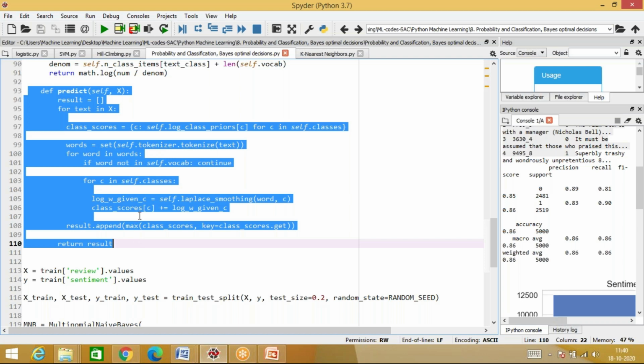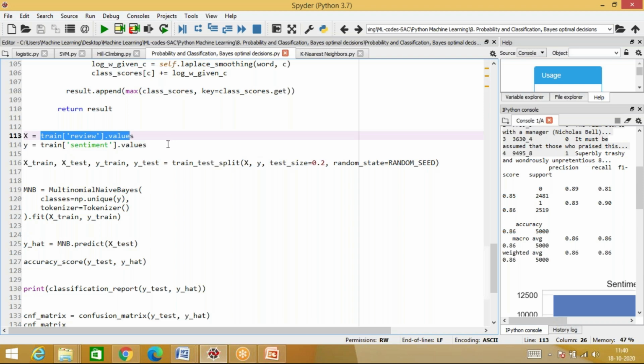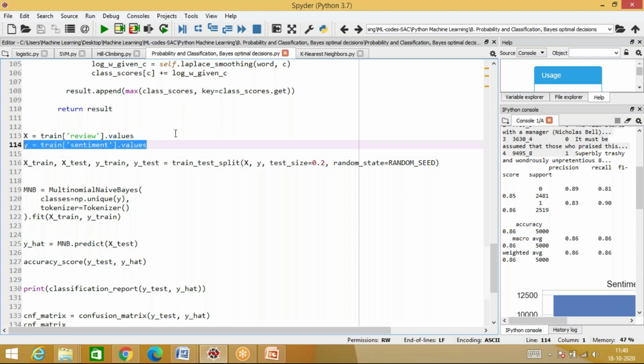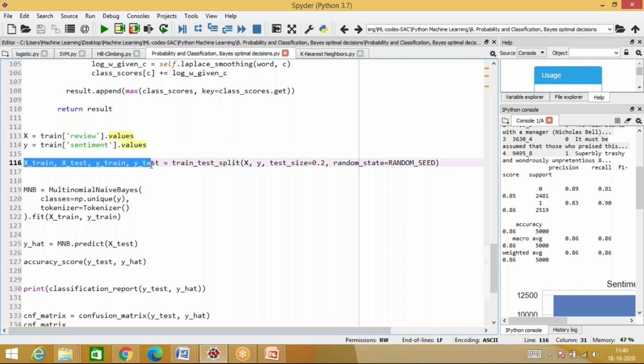Now what I'll change when I'm designing the system myself is the code that you will see now. What I do is, from the data set called train, I'll pick up the values for the reviews and the values for the sentiment. As always, we'll divide the data into 4 parts. Now this is where your model is to be designed. I'll convert the data into x train, x test, y train, y test, using split.